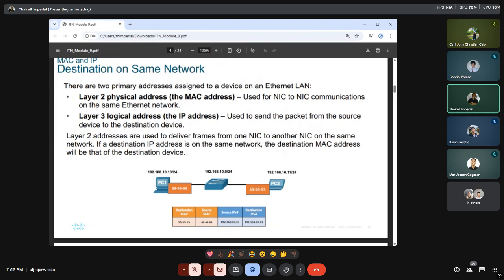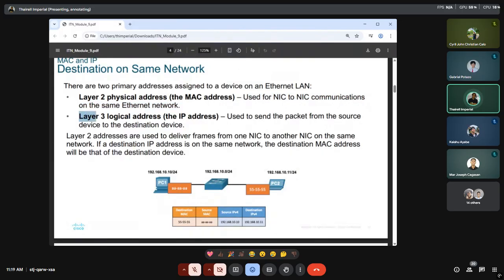Layer 2 refers to the data link layer and handles the physical address, also known as the MAC address. It is used for NIC to NIC communications on the same network, that is, network interface card to another network interface card, as long as it's within your local area network or your local Ethernet network.